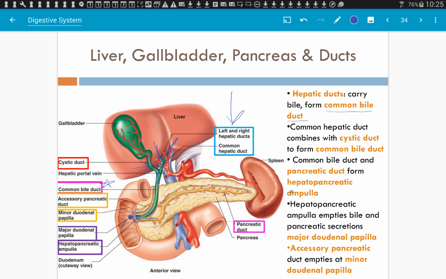And both of those are very important in the digestive process. So remember, hepatopancreatic ampulla is where the bile duct joins with the pancreatic duct. And you also have this sphincter, I don't think that's mentioned here, that controls the movement of those secretions into the duodenum. Okay. And so the majority of the secretions are through what we would call the major duodenal papilla. Okay? Most of them are coming through that. That's the one I'm most interested in you knowing about.